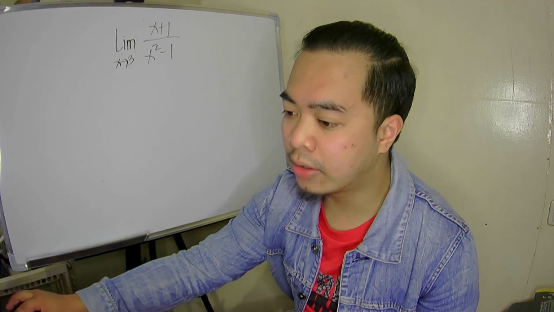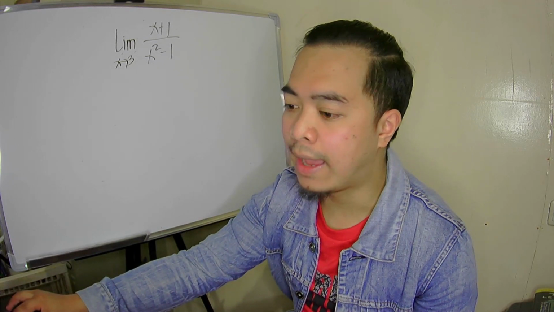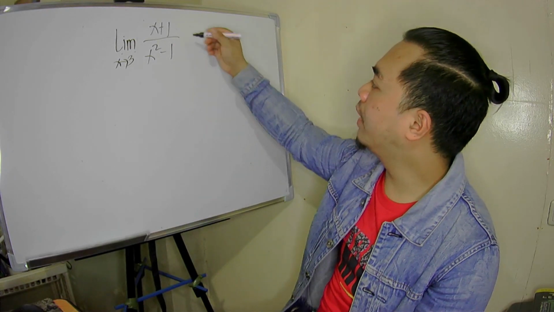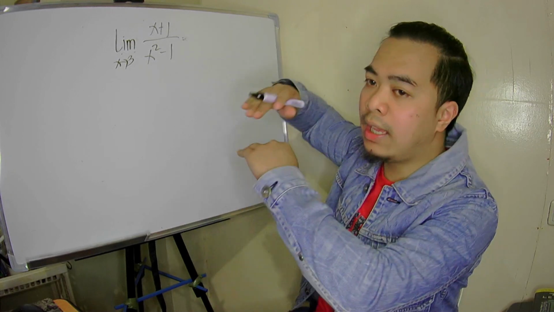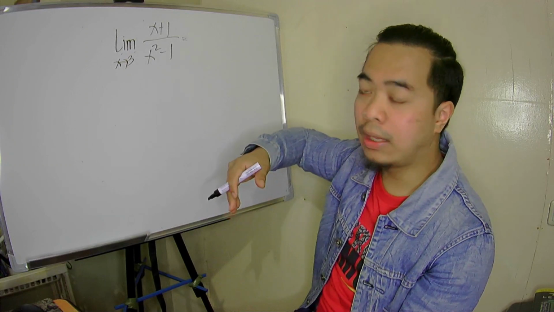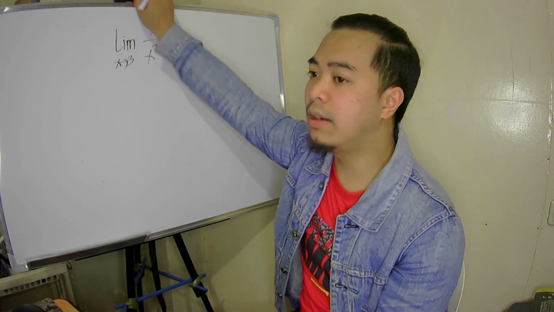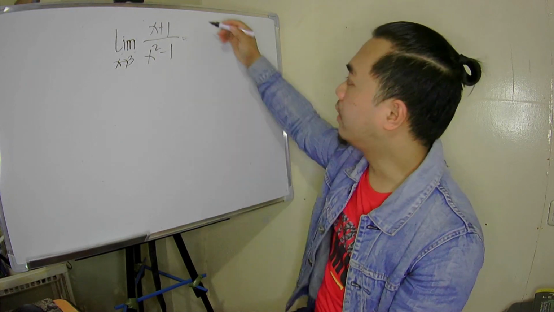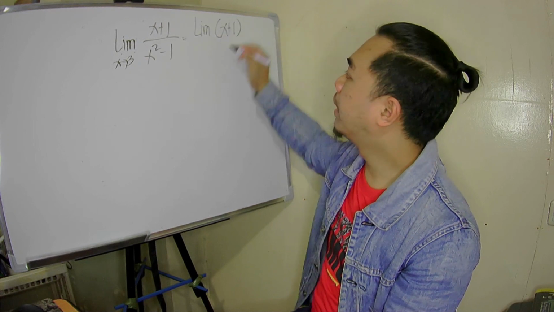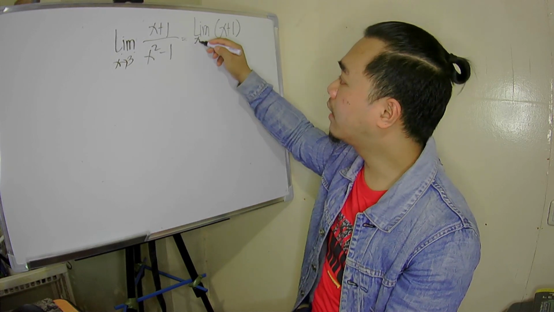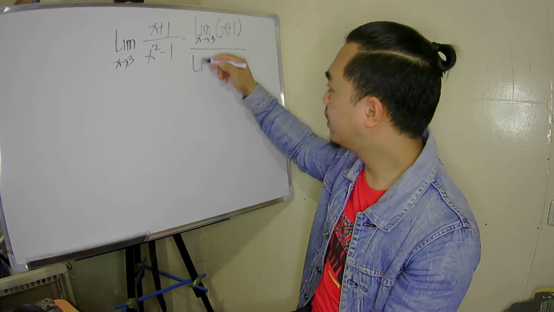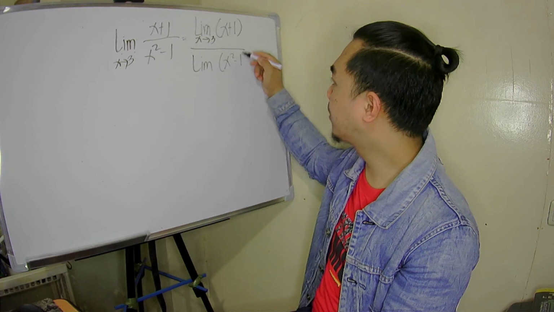That is actually property number 5. So, what does that property mean? We can separate the numerator and the denominator as two separate limits. So, we copy the limit notation, place it on the numerator, and place it on the denominator too. So, we have the limit of the numerator, over the same denominator, x squared minus 1, as x approaches. By the way, let's not be lazy about writing the notations.